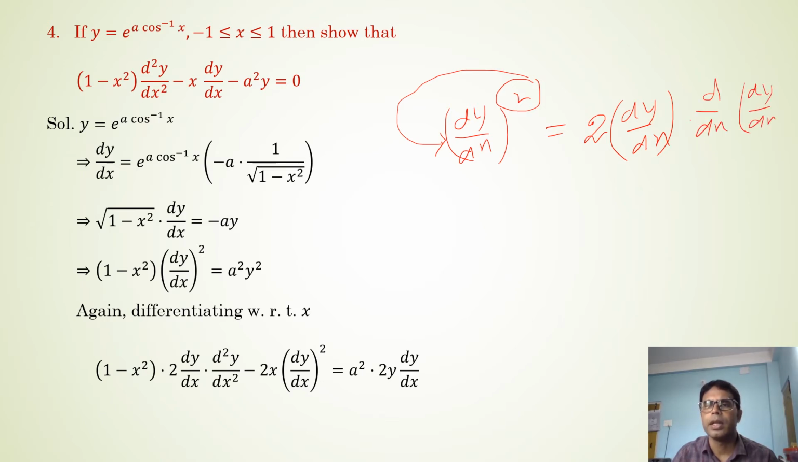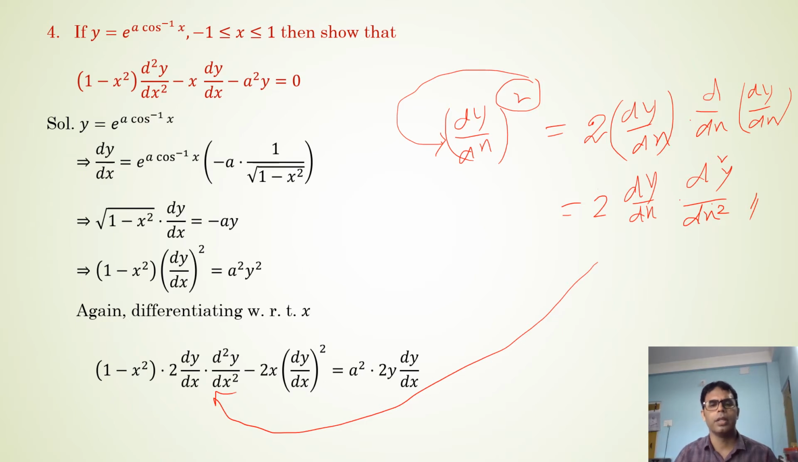Is that clear? But d/dx of dy/dx is simply, 2 dy/dx is already here, into d/dx of dy/dx, which means the second derivative of y with respect to x. So this one, and this result is directly written here. You understood that. And then the second part remains the same, mean (dy/dx) whole square will remain the same, and you are to take the differentiation of